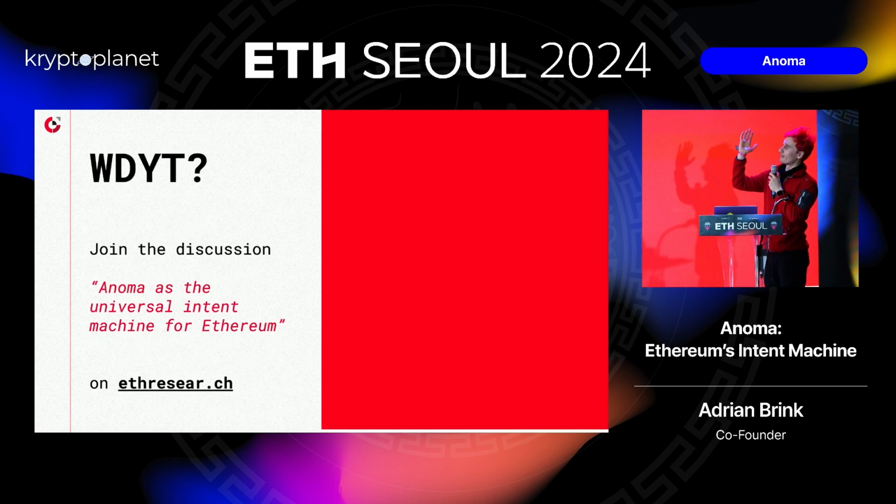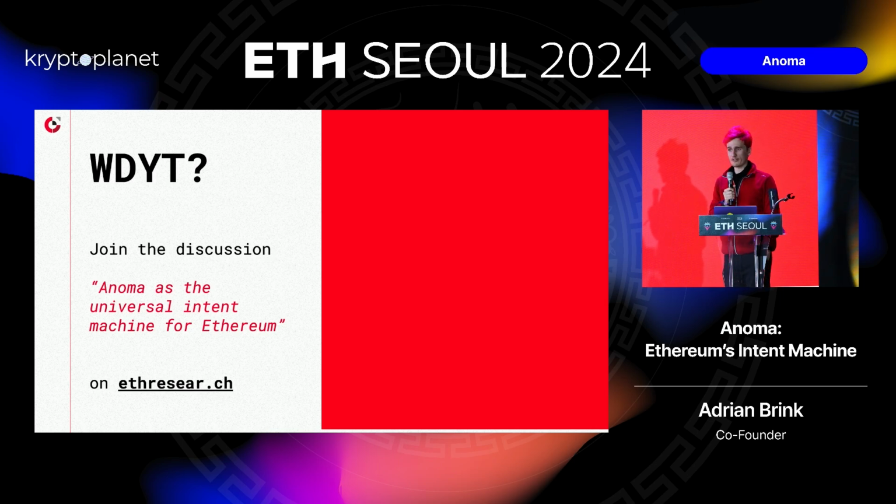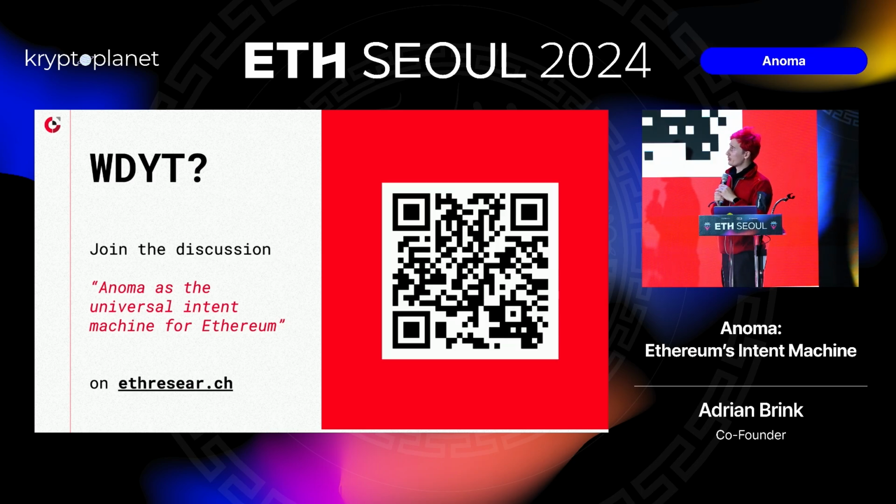If you like intents and would like to explore the idea of intents further, and what they can bring to this ecosystem and how intents can bridge a lot of the gaps that currently exist at the architectural infrastructure level, go to ETH Research. Christopher wrote a great blog post that gives a very comprehensive overview of how intent machines will work on Ethereum. It is not a short read, it takes about an hour. It's pretty dense. It also links back to a bunch of the underlying research. If you're very curious, there's a bunch of research papers that informed a lot of these choices.